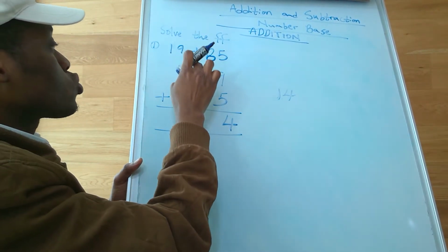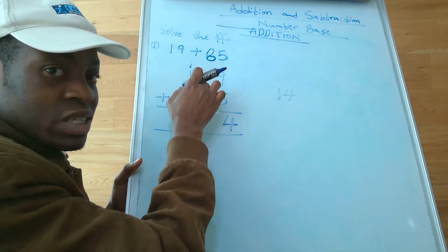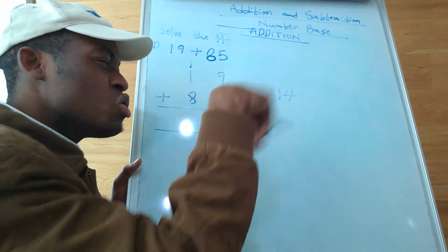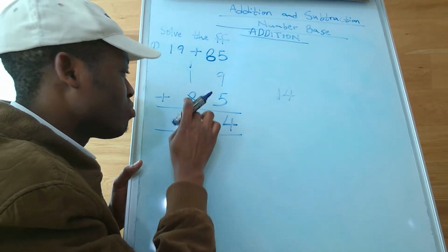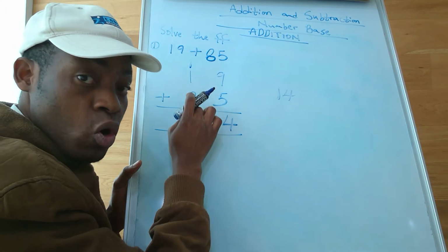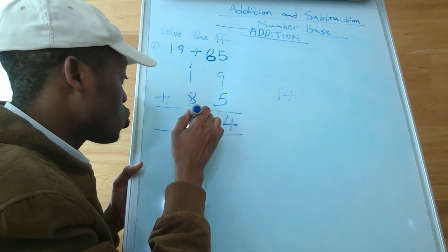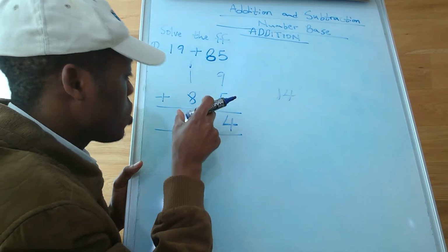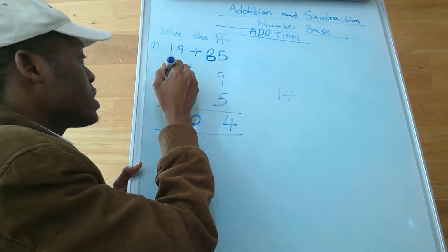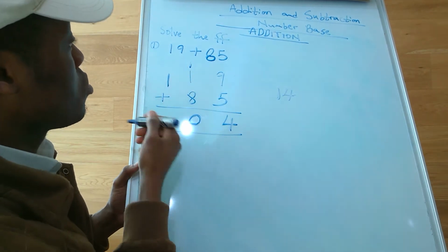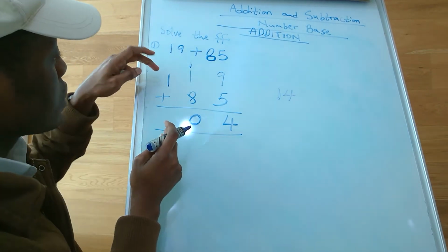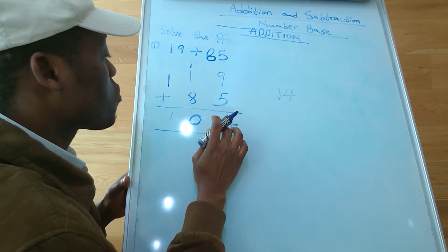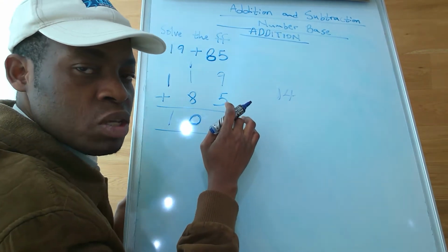Now we have 1 plus 1 plus 8, which is 10. You cannot put 10 here. The whole of that 10 will turn to 0, and you continue your addition. There is no number again, so that means you are going to highlight that 0. Whenever the base turns to 0, it will add 1 to the next available line. This is 1 plus nothing, so the answer is 104 base 10. If you put the base, no problem.